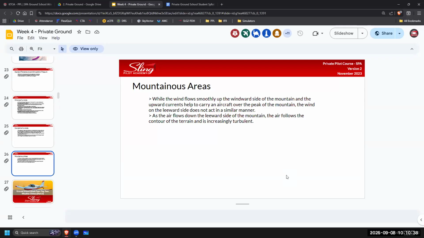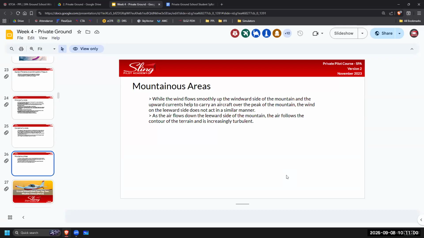This picture that they're showing of turbulent air, there's a good one. I think that's from the AIM, but see how it's moving in every single direction off the top of the peak, but mostly they're all pointed back towards the mountain, right? That air is moving down and then circling back towards the mountain. That's going to be your plane.